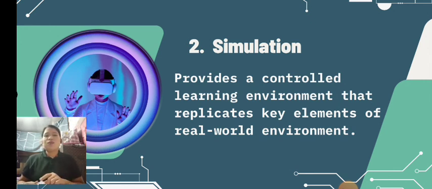Simulation provides a controlled learning environment that replicates key elements of the real world. So, simulation is a form of experimental learning. It is a strategy that fits well with the principles of student-centered and constructivist learning and teaching method. So there are 2 types of simulation according to what I have researched. These are the simulations that teach about something and simulations that teach how to do something. So the first one that I mentioned is more on